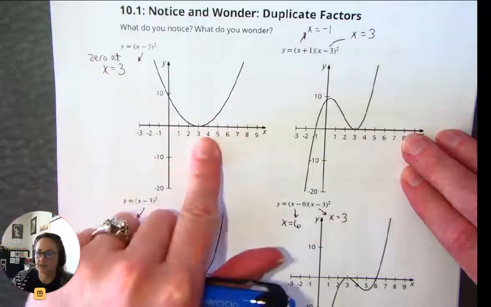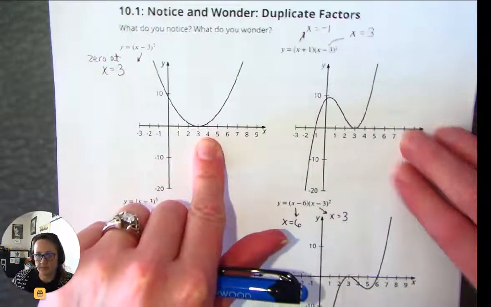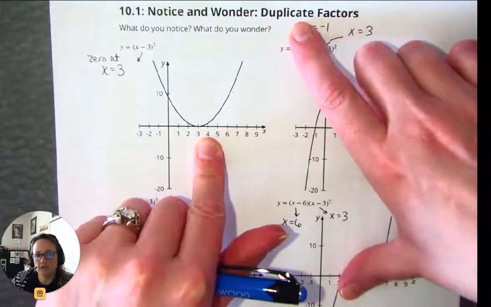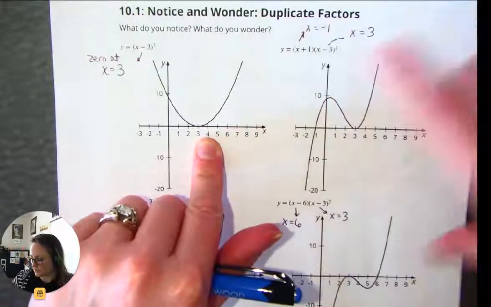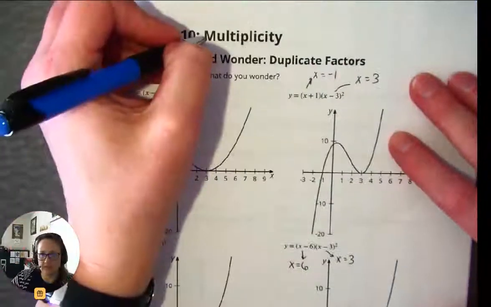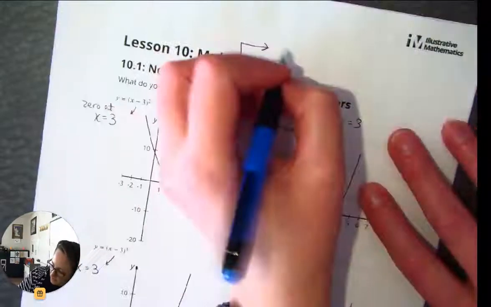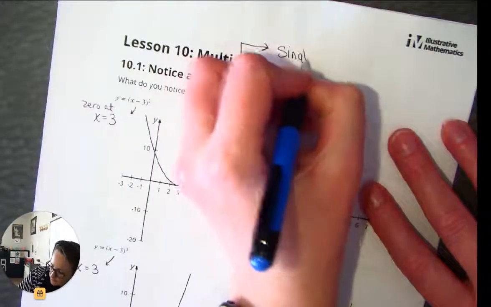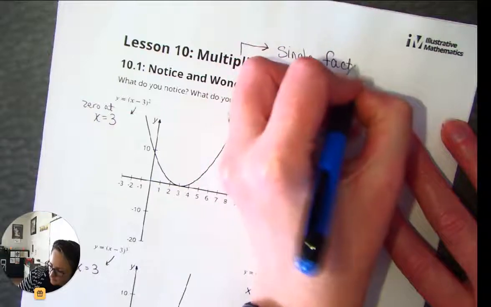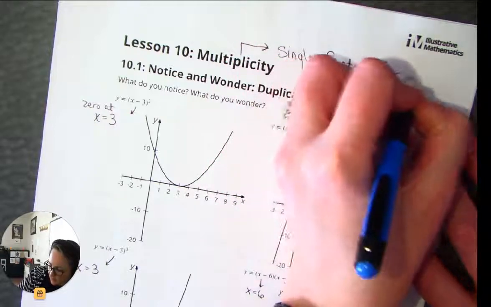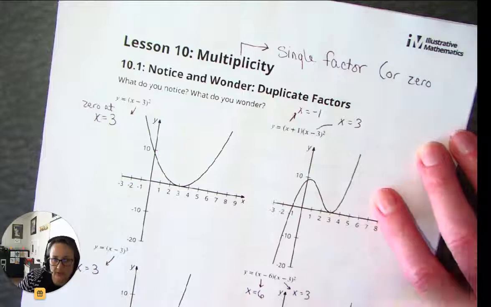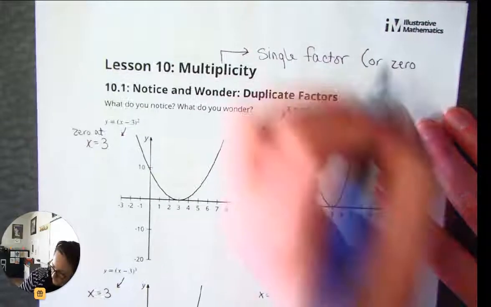So I'm noticing a lot of the factors and the zeros that we're used to, but I see some interesting things start happening on the graphs. And it's because we have these duplicate factors. That's what's telling us multiplicity. Multiplicity just means that we have a single factor, which we also know is a zero of the equation, or an x-intercept,